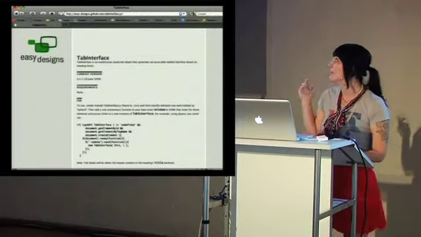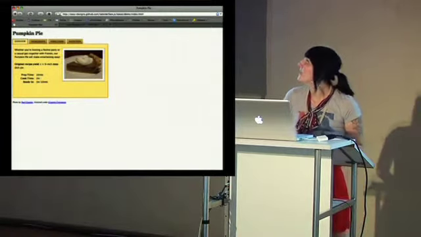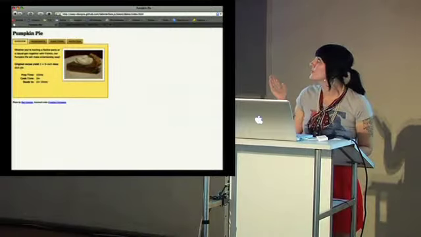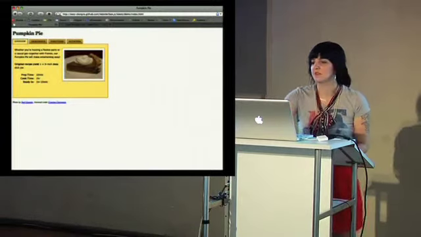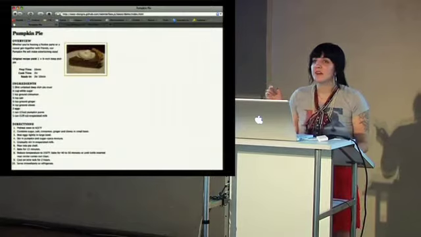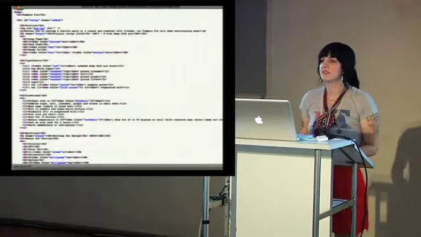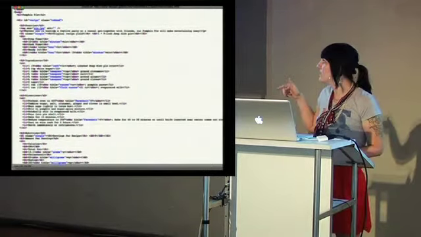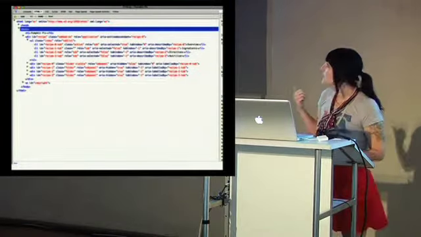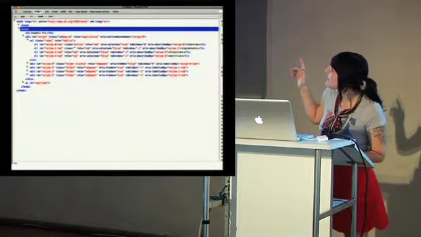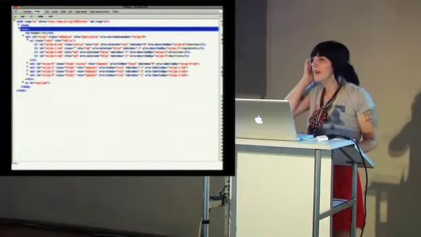Aaron Gustafson made this tab interface demo, and it's really awesome, not just because it's about pumpkin pie. So here's how you make pumpkin pie, and here's how it looks with JavaScript enabled. You've got your four tabs on top, and each one corresponds to a section like ingredients and directions. This is how the site looks without JavaScript. You'll see all the content still on the page, and taking a look at the source, it's completely semantic. You've got your heading levels with everything corresponding underneath, and then with JavaScript, it turns it into the tab set. And then you'll see some of the ARIA roles being defined: aria-selected equals true, role equals tab, aria-hidden, and viewed.